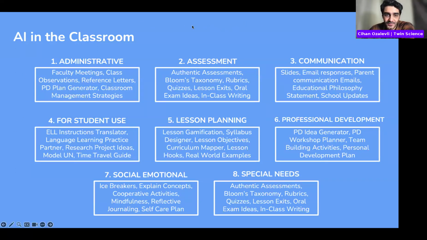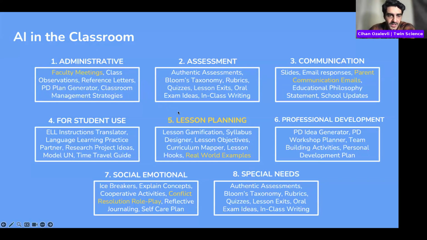So the poll is still ongoing, and the first is administrative, the second is assessment, third is communication, the fourth is for student use, lesson planning, professional development, social emotional, and special needs. And in today's webinar, you can see the examples that we are going to focus on highlighted.